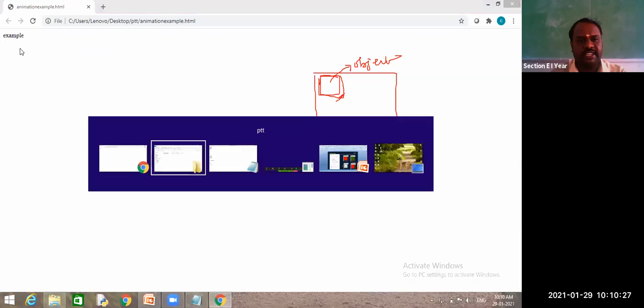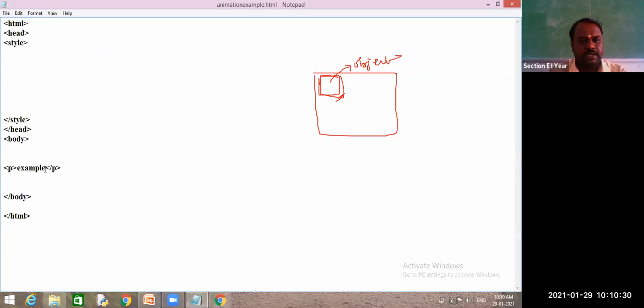So what happens? Just it has printed example, but I don't want this text type. I need one object type. So for that I need to give width and height, then automatically it will display a box on your browser. For which element am I giving it? Paragraph element p, and for this element I am giving width. Width you can give any size. So I will give a size of 100 pixels and height 100 pixels.